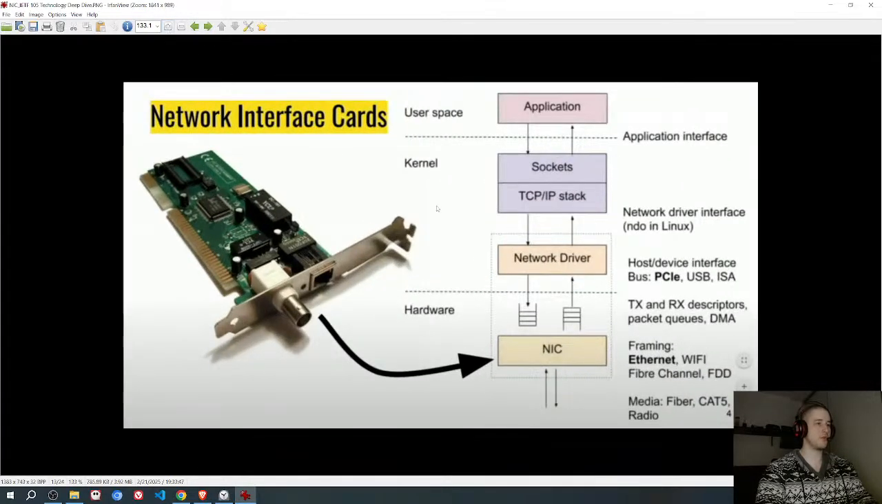This is also from a video. This is basically what I was saying. Application, then I think the kernel and the driver communicate with the NIC. And the way that the NIC is gonna work is gonna be based on like a